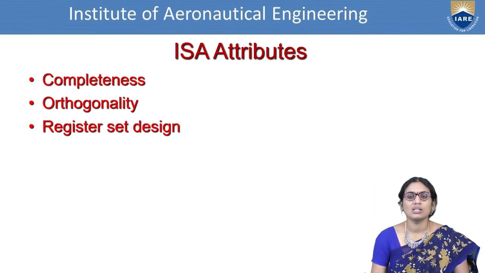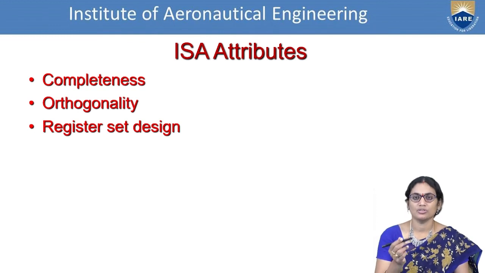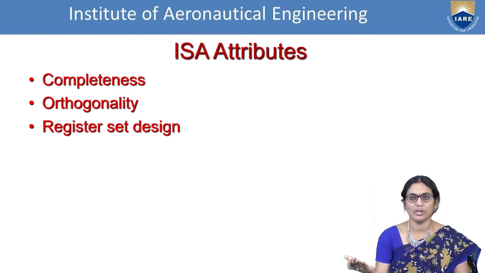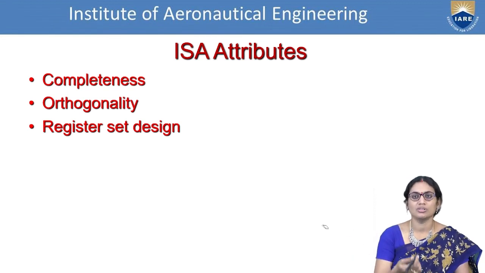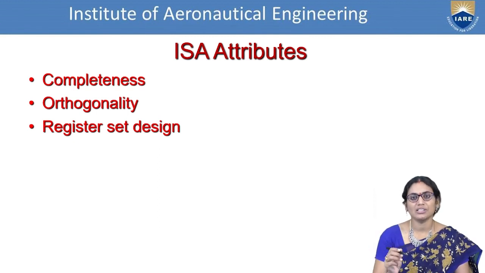Next, what is the important attribute of the instruction set architecture? The basic issue you have to consider is completeness. Now, what is the purpose of a pen? It is intended to write. What is the purpose of the mobile? It is intended to communicate. What is the purpose of the slide? It is intended to provide you the information. So every task you are performing, even the design of a computer, an instruction, or a program, should achieve its objective. It should achieve its functionality. This case is called completeness.